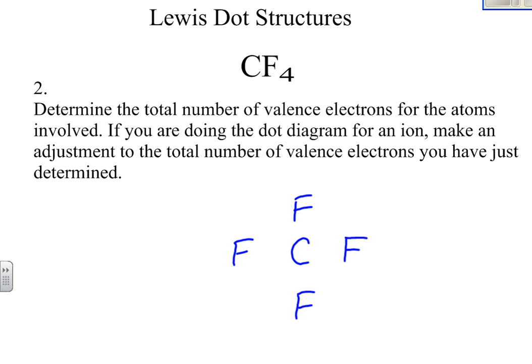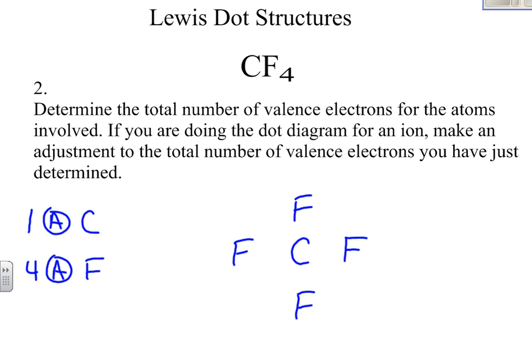Step 2, determine the total number of valence electrons for the atoms involved. If you're doing a dot diagram for an ion, make adjustments to the total number of valence electrons you have just determined. We'll deal with ions in class later. For right now, we'll just deal with neutral elements. So our two elements are carbon, and there's one atom of carbon in this molecule, and we have 4 atoms